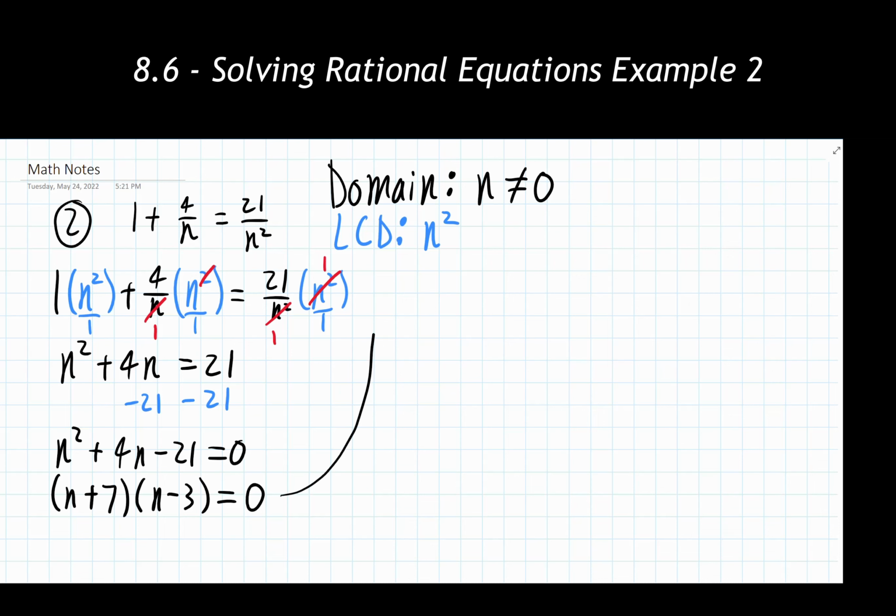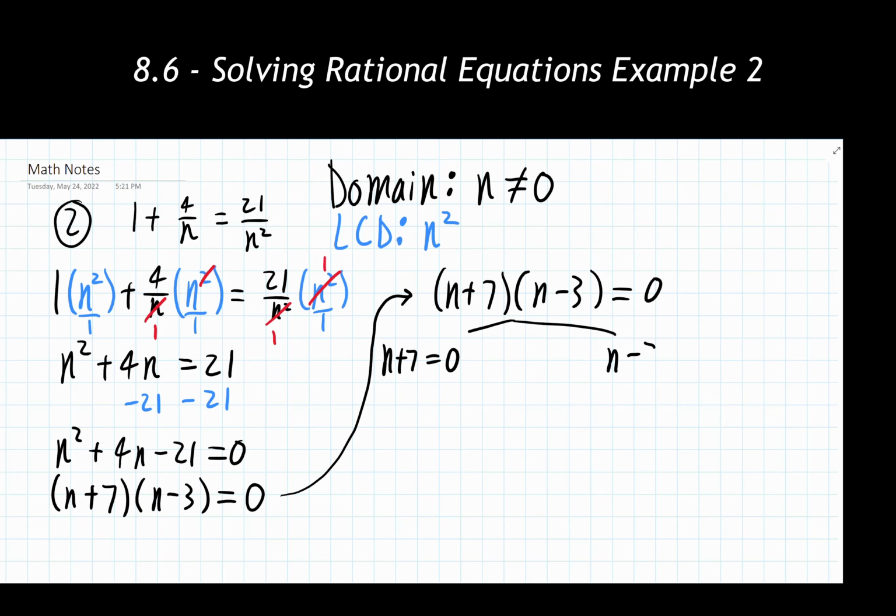So now I need to solve each of these individually. I'm going to move us up just to give myself a little bit of space here. So I'm splitting each of these up and I'm determining where is this n plus 7 going to be equal to 0, and where is this n minus 3 going to be equal to 0. So I'm subtracting 7 for the first one, then n is negative 7. For the other one, I'm adding 3 to both sides, and I'm getting positive 3.